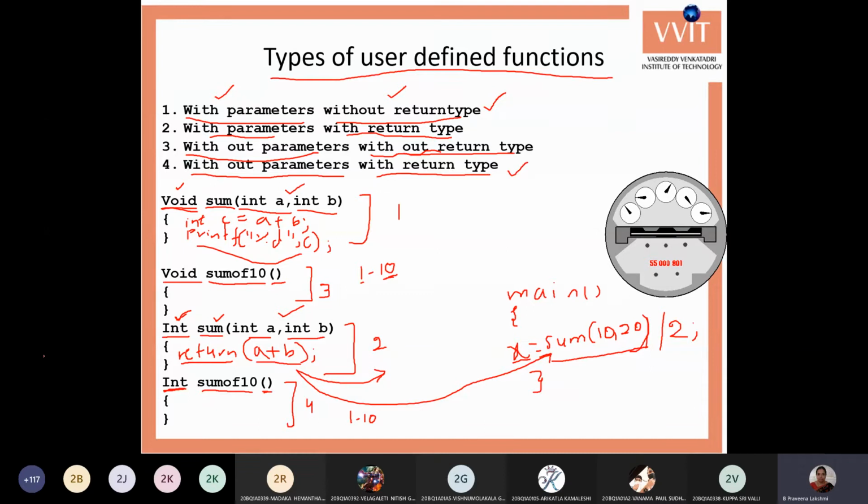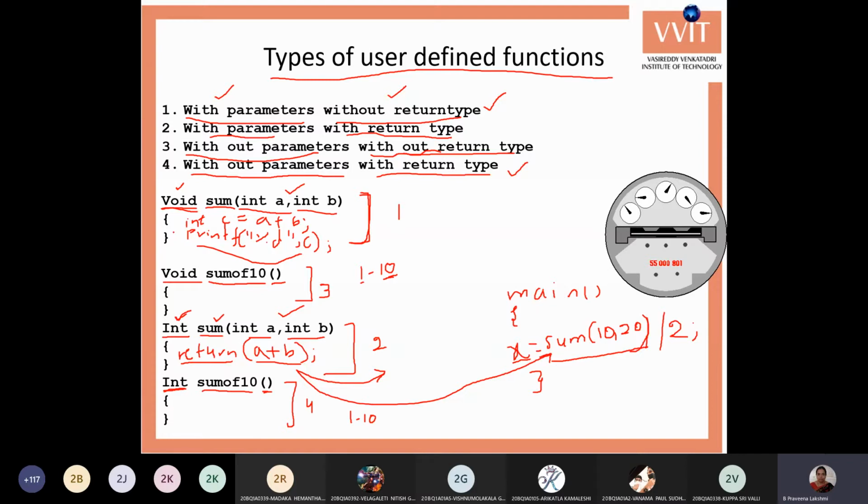Okay, note down this syntax for the first function. Void sum, with a small letter v, don't write capital letters.